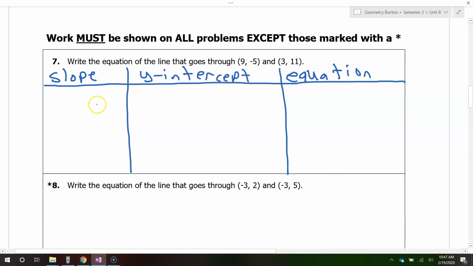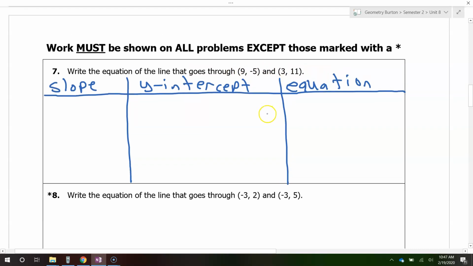All right, so we have to start by finding the slope. When we are given 2 points and we want to find the slope, we're going to use this formula. The slope is always going to be y2 minus y1 over x2 minus x1. So y minus y over x minus x. All right, so the slope in this case is going to be,